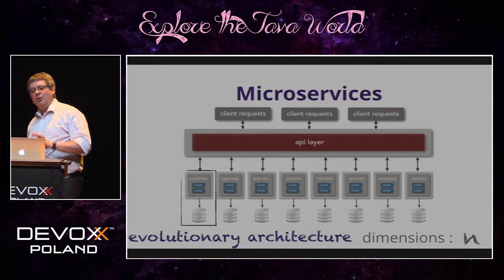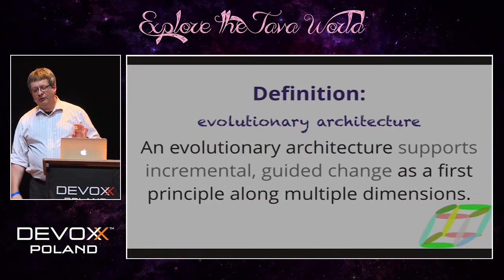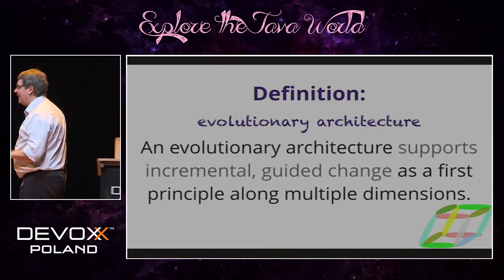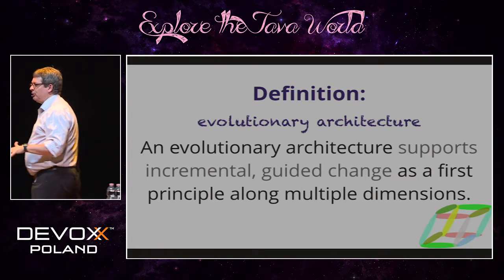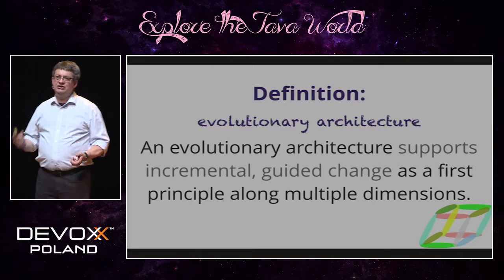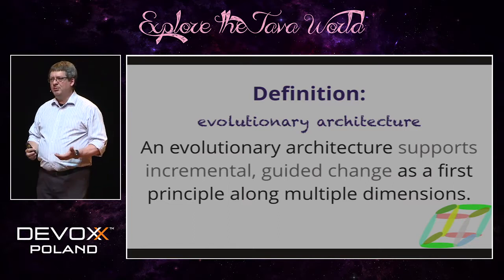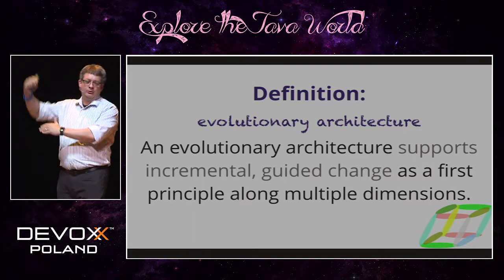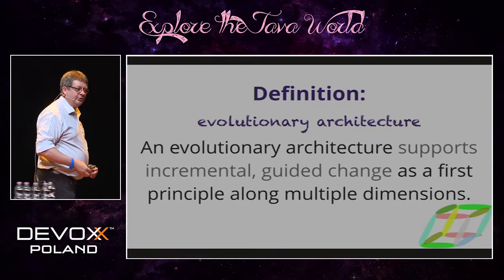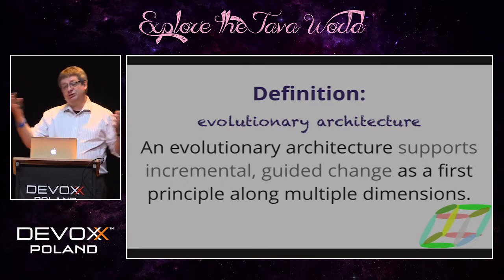And this is why we talk in our definition about multiple dimensions as a first principle, along multiple dimensions. Because I will argue that the entire purpose of software architecture to begin with is to allow evolution along at least one dimension. That's why we don't build big balls of mud anymore. We build layered architectures or microkernels to get that level of evolution. What we're interested in are architectures that allow you multiple dimensions of evolution because those, it turns out, are much more evolutionary.